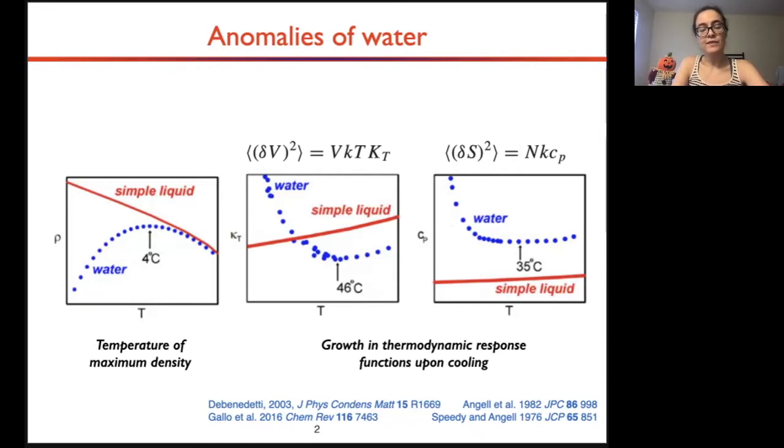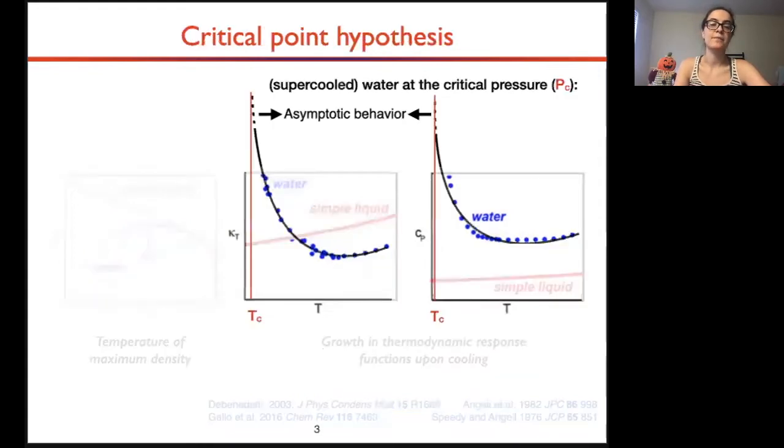And this divergence argument tells us that there must be a critical point, a point of singularity presumably located at deeply supercooled conditions. According to the critical point hypothesis, there is a pressure where the response functions diverge as temperature decreases. And this pressure would be the critical pressure, and the temperature at which the response functions diverge would be the critical temperature. Tc and Pc together as a state point would be the point of singularity,